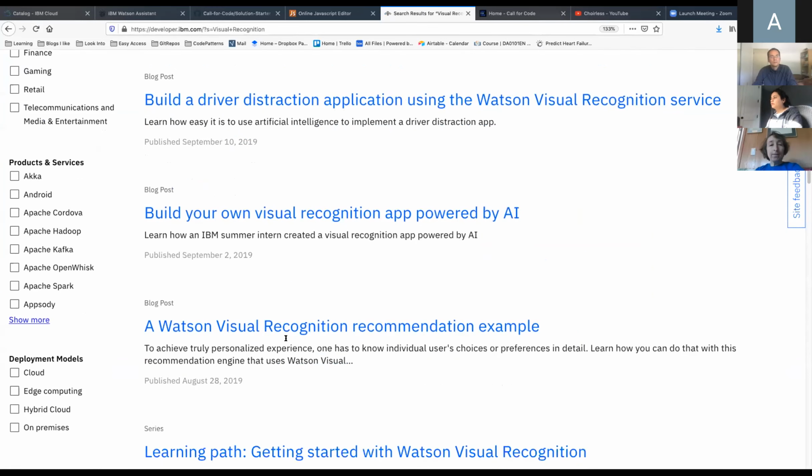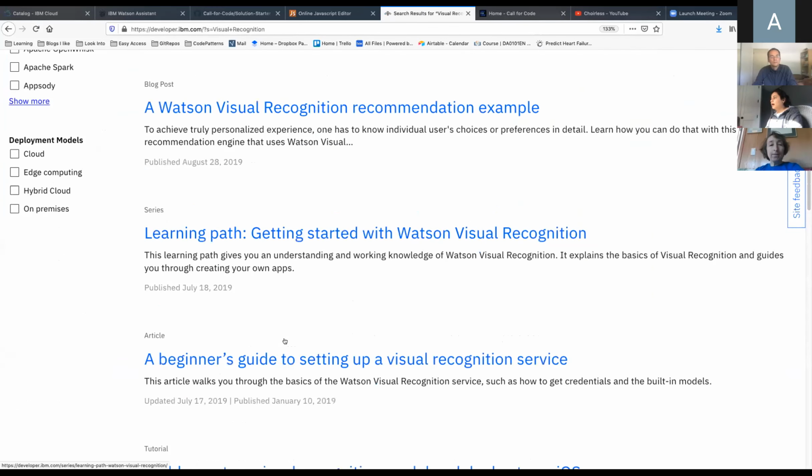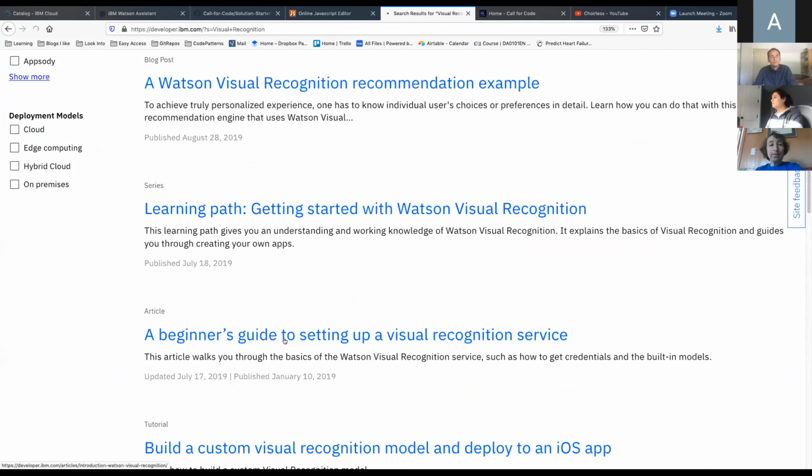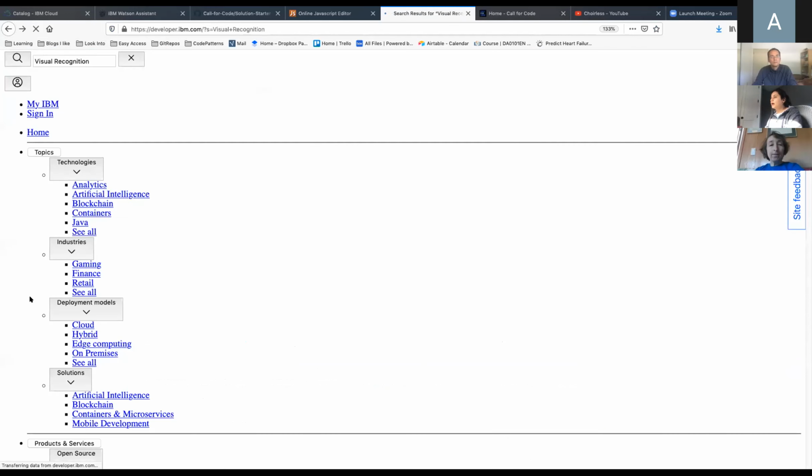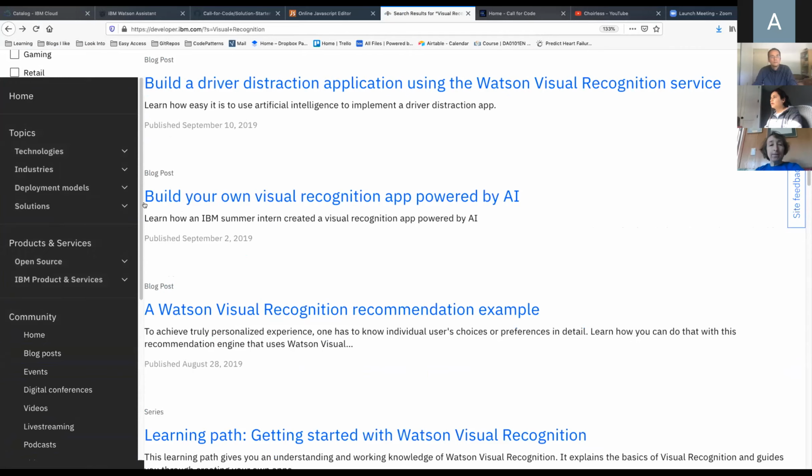So for example, if you wanted a beginner's guide to setting up a service, you can look at the code pattern here. And a lot of these include Git repos as well.